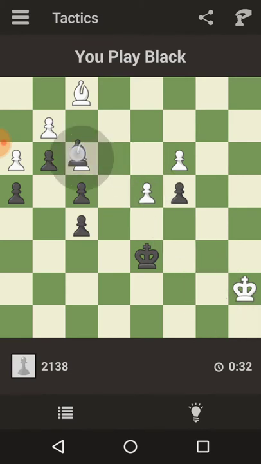We could even try sacking. I don't know if that's a good idea, but let's see our options. Oh, actually, I think I like the move bishop e4. This is an interesting move, as what we're doing is we're threatening bishop d3,